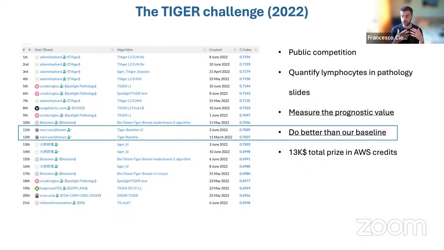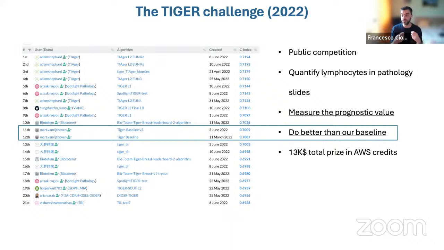You have collaborative efforts in trying to crack this problem in a few months, because these challenges typically run for 2, 3, 6 months max. And usually then the results that you get are better than the baseline results that maybe your team has been working on for a few years. So most of the solutions that I presented today are made by individual researchers or teams of researchers in my group, or in collaboration with partners. And of course, you can achieve a lot there in a multidisciplinary setting, etc. But when you make it publicly available and you open it to the scientific community, usually you can achieve even more.